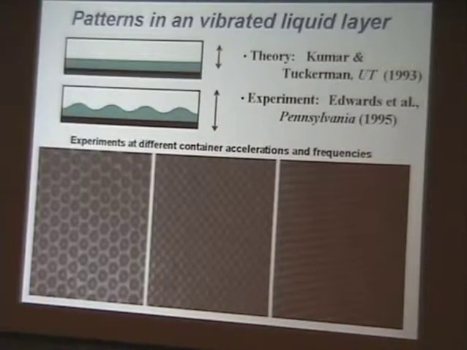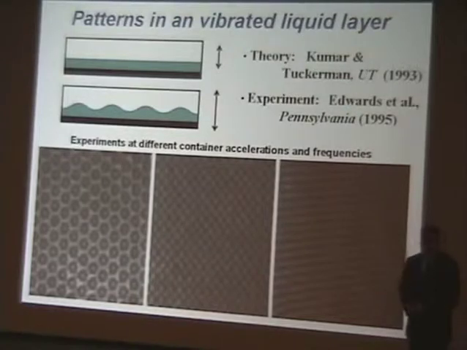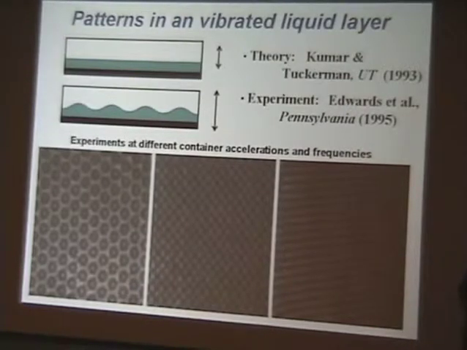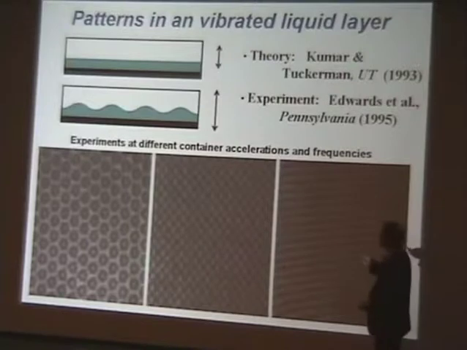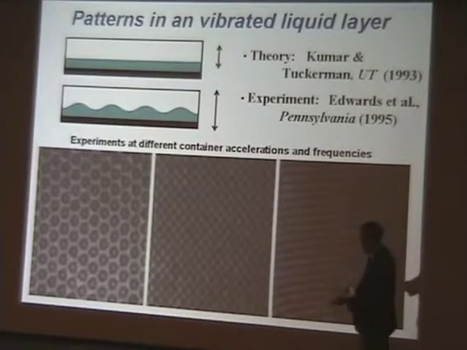I mentioned before you get waves, and you've seen waves on the surface of a cup. When you move a styrofoam cup or something across the table, you see the waves on the surface. If you oscillate a liquid layer up and down, you can get the formation of waves. If you oscillate it with small amplitude, then the surface will remain flat. But if you oscillate with a larger amplitude, beyond the critical value of oscillation amplitude, you could get the waves